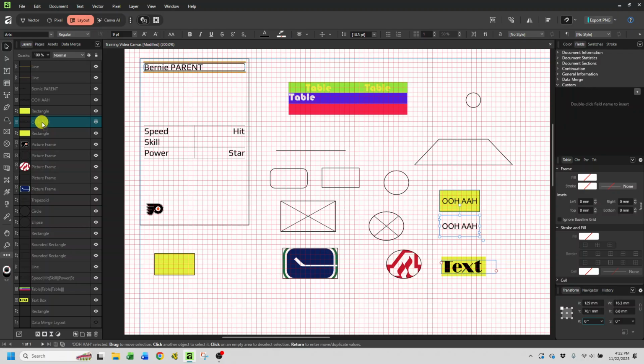If I move it and drop it on the rectangle, you'll notice that an arrow appears showing that ooh ah is in there, and it's moved over, it's indented. That means these two things are now locked together. When I move this item over on top of that item,